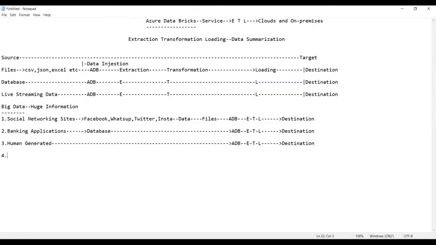Getting my point, everyone? Now, apart from this, we can also get the big data in the form of machine generated data. What is machine generated data? It is the data generated by machineries, such as your CT scan machine and ECG machine.